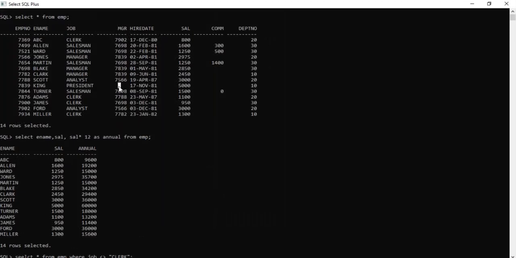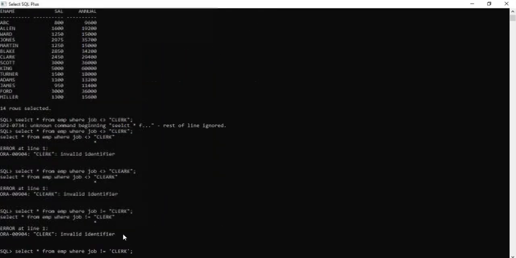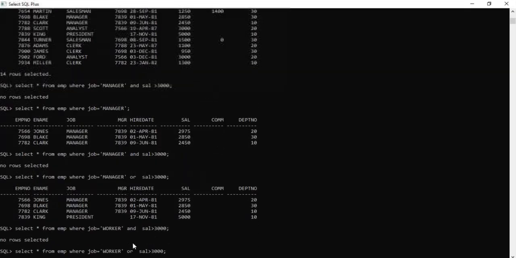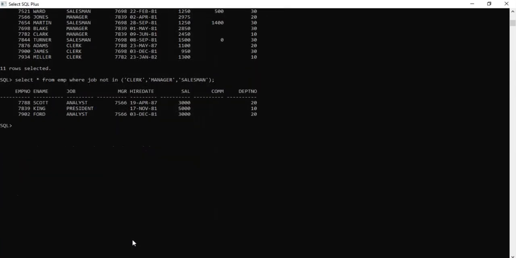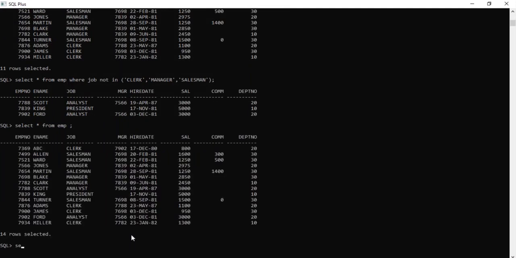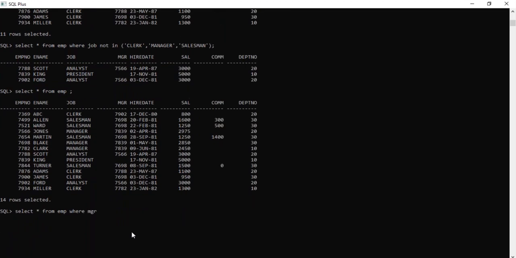Whenever you are using IN, if it has a null value, it does not work with the null value. But let's see one more example, then you will get to know what exactly it will do.